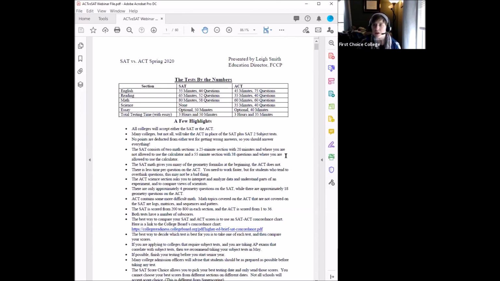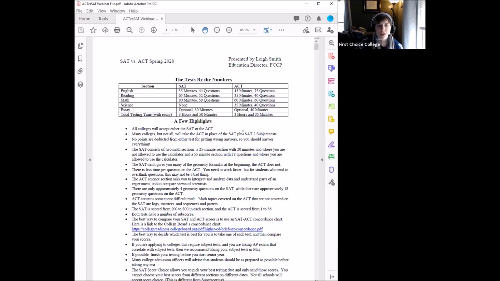And so the science section is one that I often find, if students do not do really well when they take a practice test for the first time, it's one of the most teachable sections. It's one that if they put some work into it, they can improve their scores relatively easily. Whereas I would say that the math on the ACT is harder to improve, because to improve your math score really requires that students get better at doing the math. They have to actually improve their skill, whereas with science, it's more often getting better at figuring out what the test wants you to do, which are just different skills to work on and they are sometimes easier or harder to do. So that's something that's important to keep in mind.